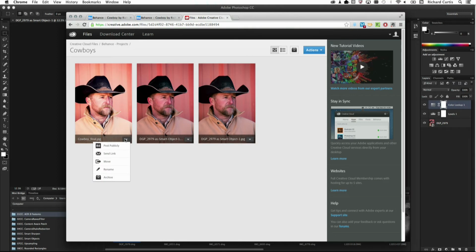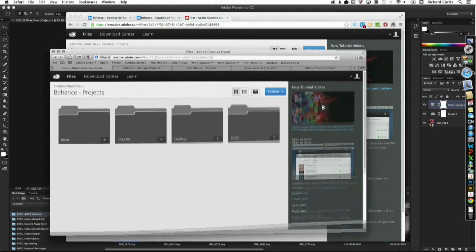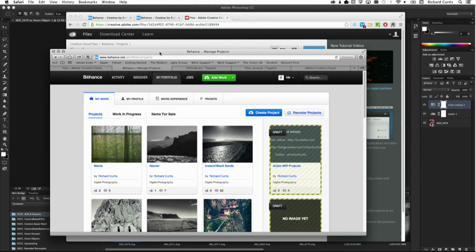Now, if I click on the little arrow, I can then post that publicly to Behance, or I can send a link to somebody, and they don't have to be part of Creative Cloud. I can move between folders, rename it, and I can remove it. But actually what I want to do is go to my Behance account, and then put it onto my Behance account. So let's just go to Behance,